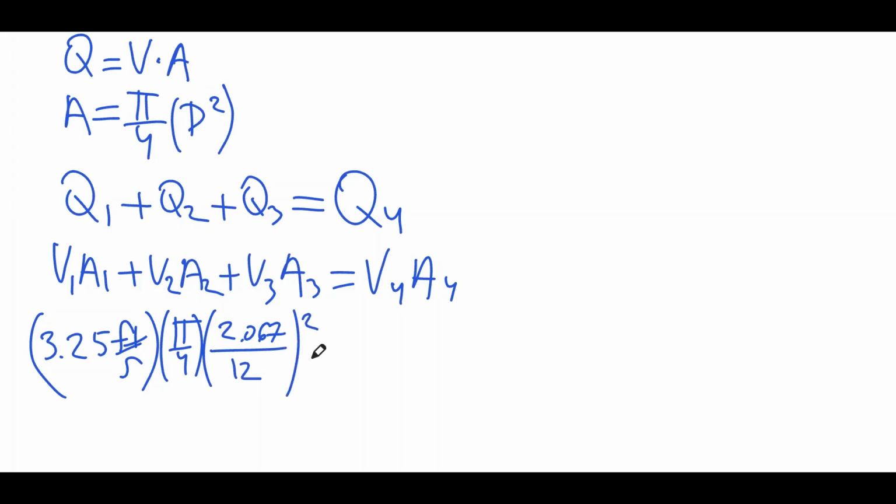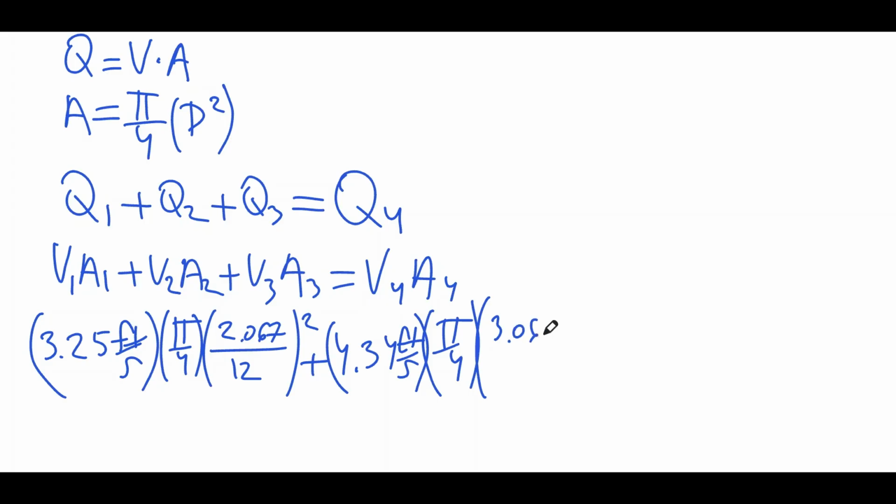Divide that by 12, squared, plus, this is for our second branch, 4.34 feet per second, pi over 4, 3.068 divided by 12, that's feet, squared, plus